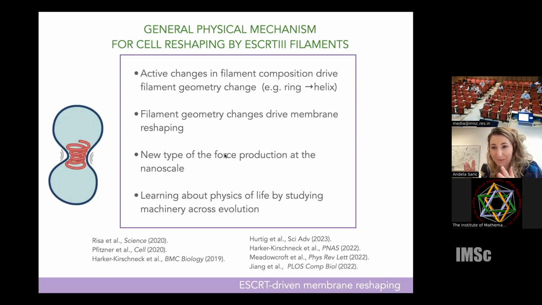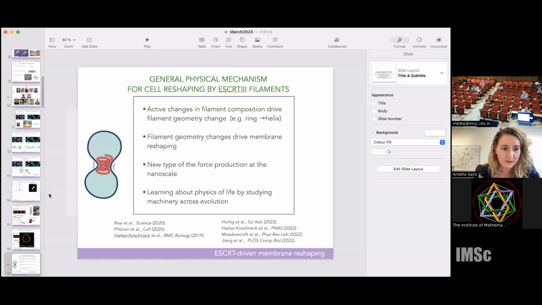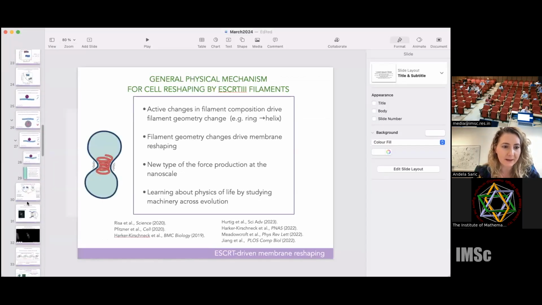It has many more filaments, many more components. So going back to its evolutionary origins, where it's supposedly simpler in composition, but the physics should still be the same, I think is a fruitful way forward. Now I meant to comment a bit on the membranes of archaea, but I think I'll skip that